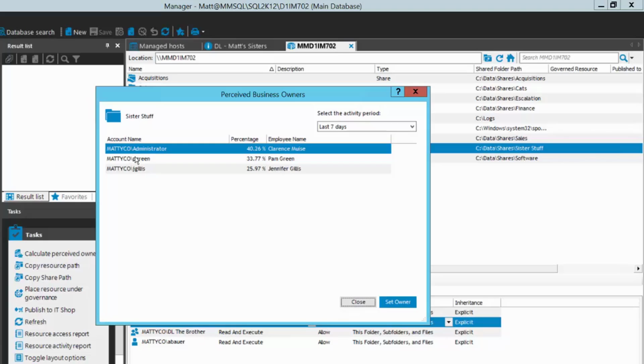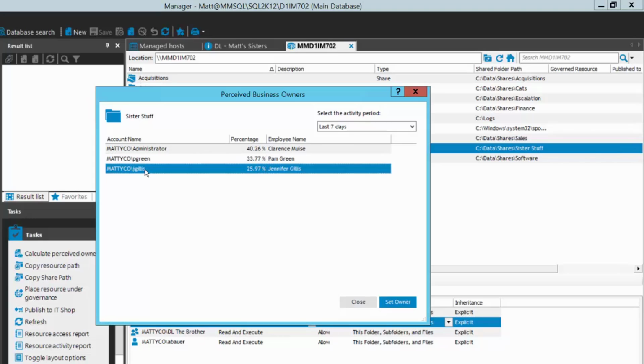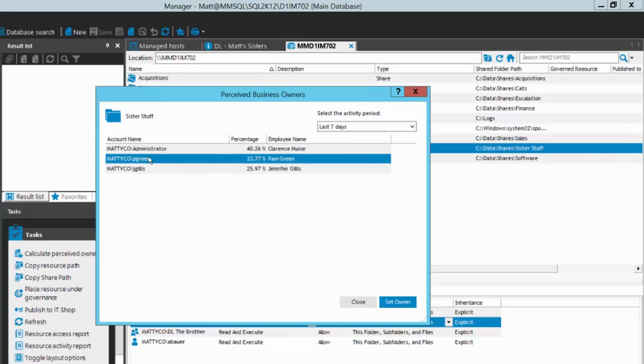So here you can see P. Green, who's Pam Green. She's 33.77% likely to be the owner. J. Gillis is 25.97% to be the owner. The employees are Pam and Jen right here. You can also see the administrator has been doing things, setting security, moving some things around, deleting. We suggest potentially Clarence Muse is the owner. Clarence Muse is associated with that administrator account. For this environment, it's a small environment. There's only been a few activities, but here I know,